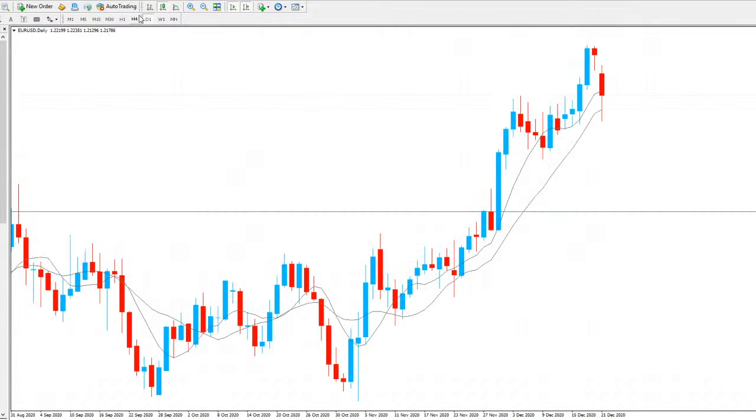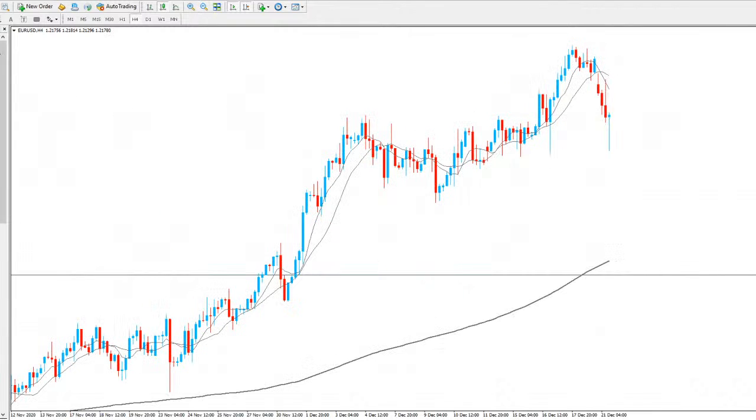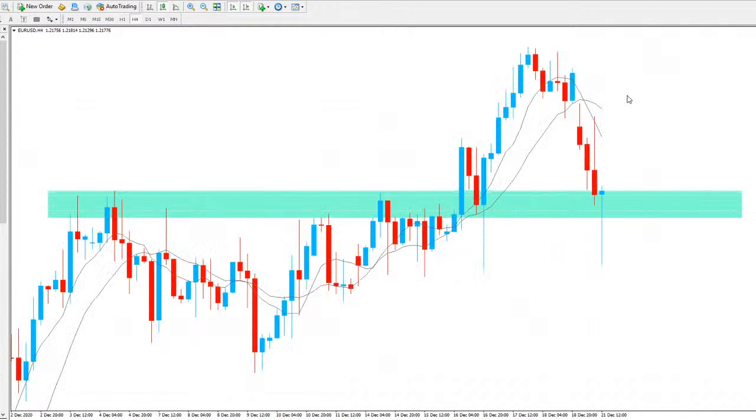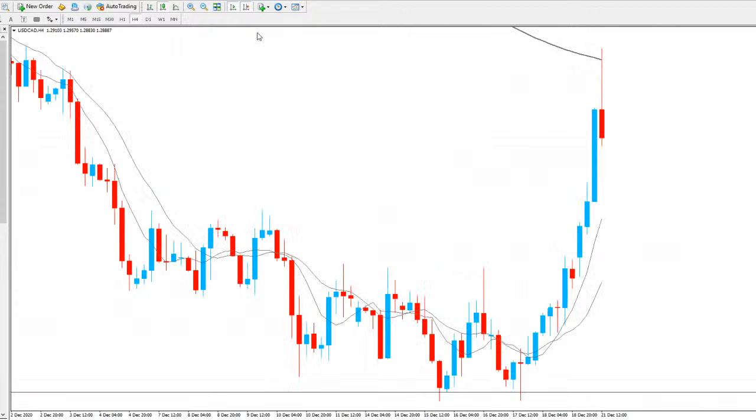As you can see, we did have a big push to the downside this morning. This area here will be acting as support for EURUSD, so I need to watch out for that. Potentially could see another push to the upside for EURUSD if we do hold at this area, because this is now daily support. But if you do get closed below, again, do expect EURUSD to go a lot further to the downside.